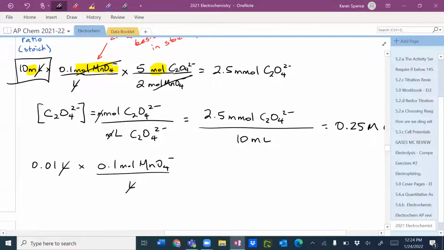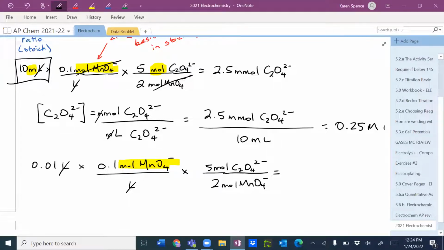So now we have moles of MnO4 minus times, and we're still going to use the same mole ratio, 5 moles of C2O4 2 minus divided by 2 moles MnO4 minus, which gives us 0.01 times 0.1 times 5 divided by 2 is 2.5 times 10 to the minus 3 moles of C2O4